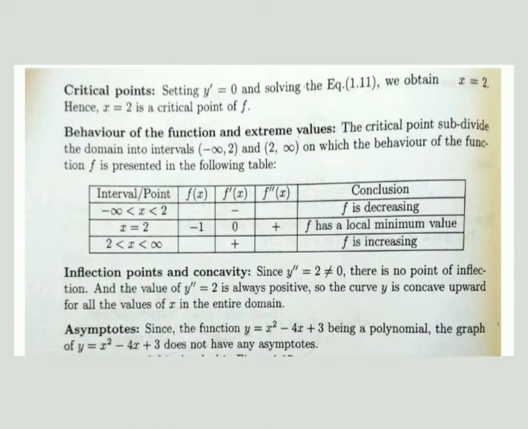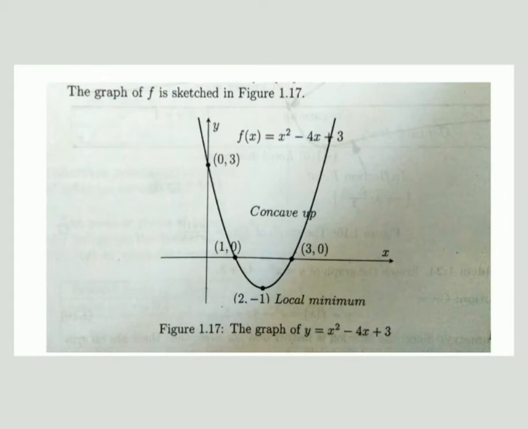So let us move to the graph of this. Observe that. First draw the graph here, y is equal to x square minus 4x plus 3. First plot the points and join all the points here. Do it carefully. Next here, y double dash is equal to 2, and at that point 2 we have a local minimum. Observe that below, at 2 comma minus 1 is the local minimum, and this point is concave up.